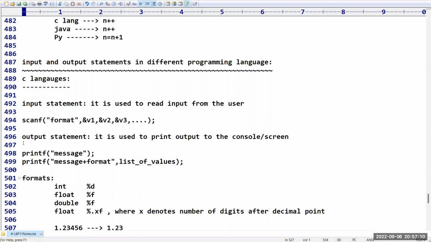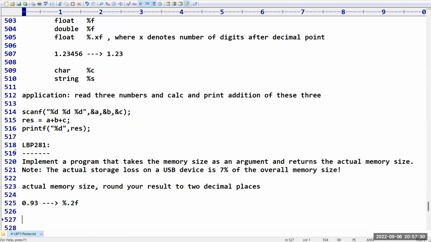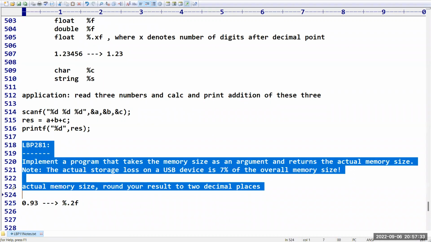Assignments, in the sense, it is not a theory concept. Once I explain the concept and take one problem, similar problems I can give you as an assignment. It is not such a type of course. It is a course where you can practice along with me. Suppose I have taken a program like this, the next program, if it is in the same format, you can try by yourself in your own methodology, but I'm going to provide the implementation for all the problems. Homework, all these things won't be there. For every problem I will give the solution, but the problems will be shared with you in advance. If you want, you can practice the programs before coming to the next class.